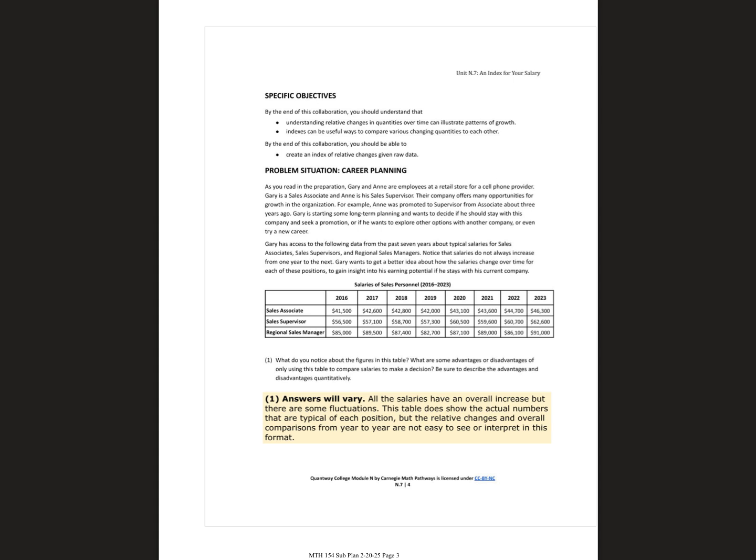There are many possible answers. One could be, all the salaries have an overall increase, but there are some fluctuations. The table does show the actual numbers that are typical of each position, but the relative changes and overall comparisons from year to year are not easy to see or interpret in this format. So if we go back to our data here,